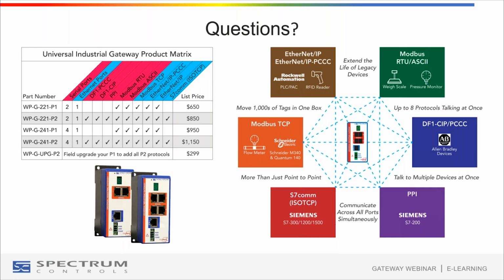Thank you, Garrett. Next question, how will I know if there's a communication failure? Yeah, so as Randy pointed out, the Universal Gateway provides a heartbeat signal in the form of a system tag that originates from the Universal Gateway itself and can be monitored by the PLC. For more information, you can go to the Spectrum Controls product page for Universal Gateway and download the Gateway Heartbeat